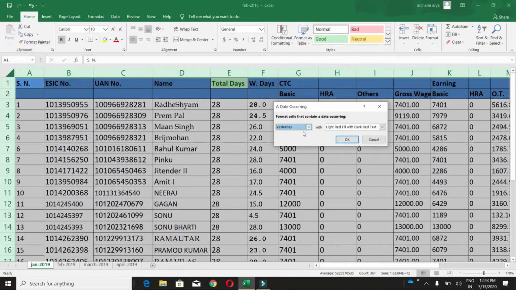When you click on the date option, you have this square box here. If you click on the drop down, you will get some formats, like yesterday, today, tomorrow, in the last 7 days, last week, this week, next week. So I am selecting last week here.